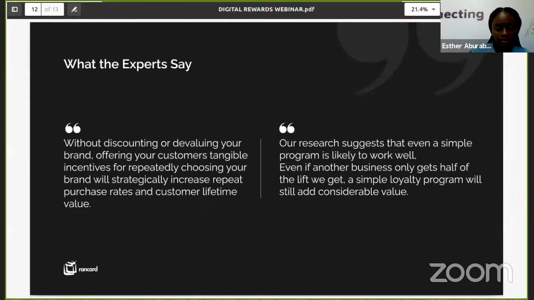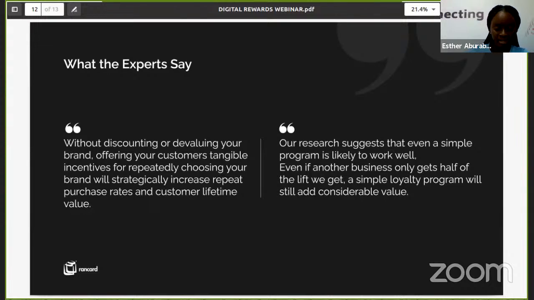Okay, so in conclusion, as I said earlier, no matter how small your loyalty program is, it will definitely add considerable value to what you are already gaining as a brand. And the worry doesn't have to be the cost involved or how feasible it is and all of that. You just have to know that the essence of the loyalty program is to increase your loyal customer base. And after retaining them, the value will just come on board for your brand. And also,